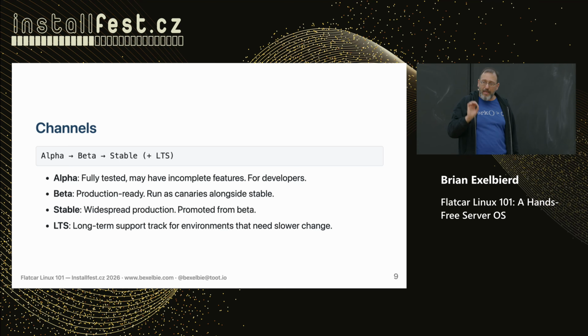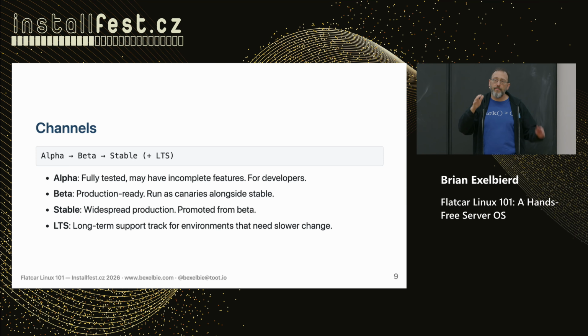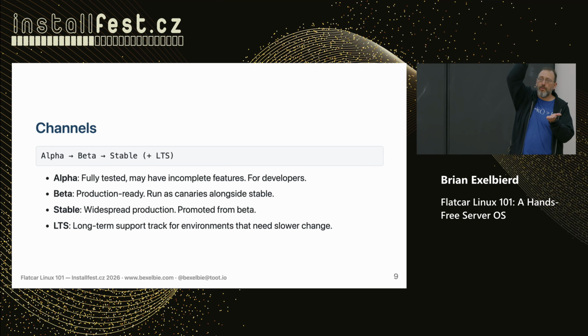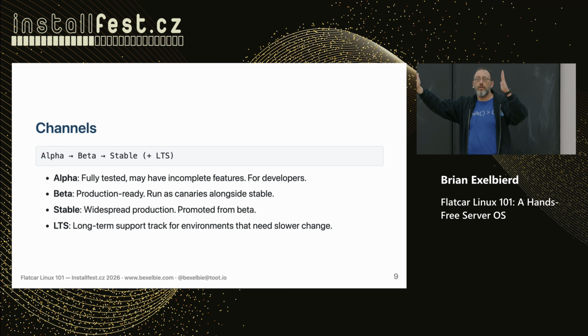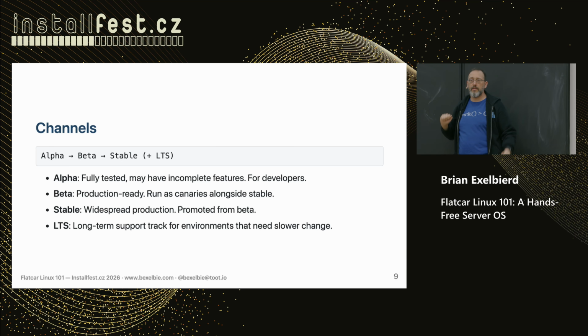Stable is a beta that has been promoted up, and the betas have been run by our users in their clusters over time. So our end-to-end tests, if you think about it, are vertical, but our users put beta nodes in service and they run them horizontally under load. Exposes a different kind of thing. We keep an eye on beta feedback. When it's good, we'll promote the beta to stable.